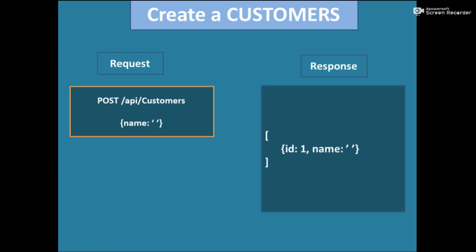And finally, to create a customer, we send an HTTP POST request to this endpoint. Note that here we are adding a new customer. We are not dealing with a specific customer, so we don't have the ID in the address. We are working with the collection of customers, so we are posting a new customer to this collection, and that's why we should include the customer object in the body of the request.